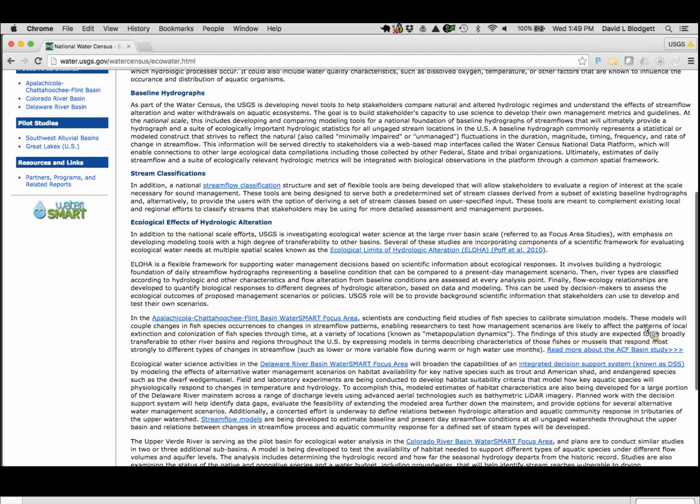So the web page we're going to be looking at today is at cida.usgs.gov/NWC, which stands for the Center for Integrated Data Analytics, the U.S. Geological Survey, and the National Water Census is NWC. But I'll show you how to navigate there through Google. So we'll switch over to a browser here, and the easiest way to find what I'm going to be presenting is just to Google for National Water Census. And so the first link that comes up is the National Water Census homepage. So if we go there,